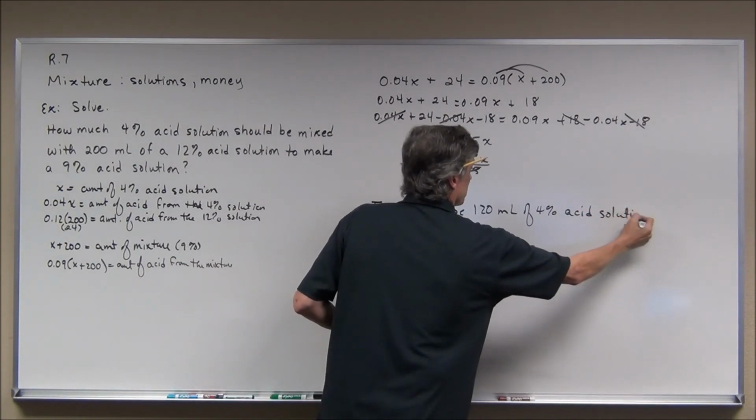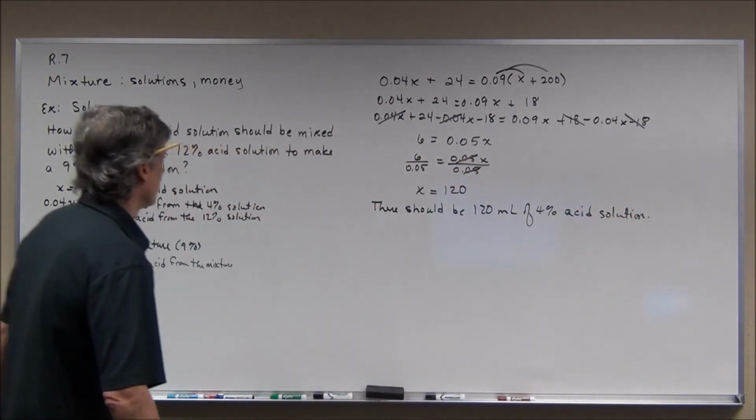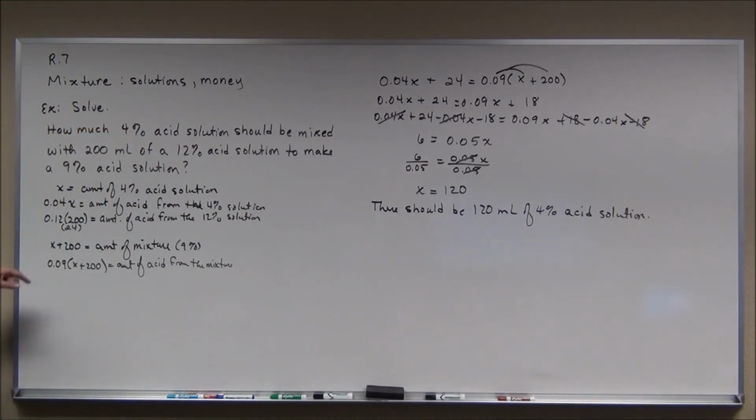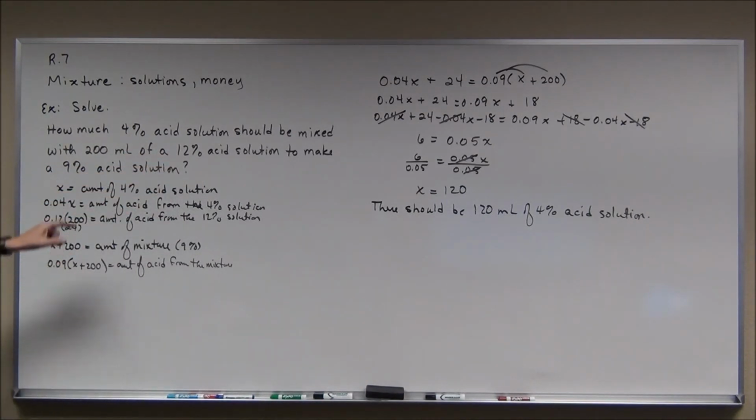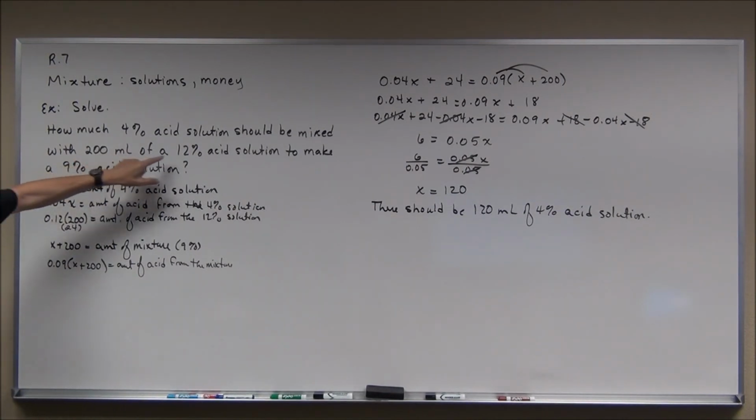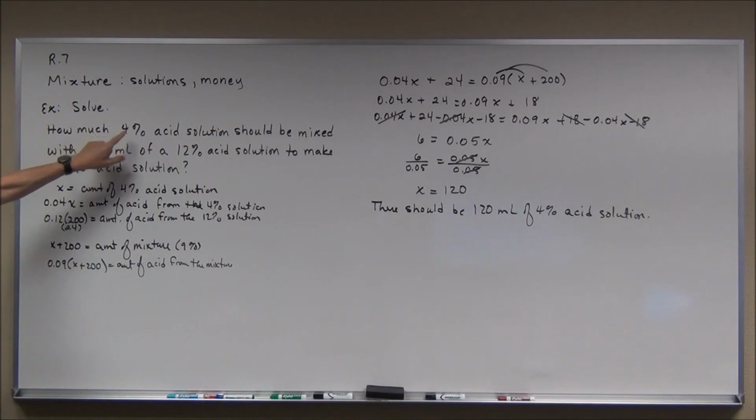Let's see if this makes sense before I stop on this problem. A little bit ago I said that exactly halfway in between would be 8%, and 8% would mean that you would have equal amounts. This is 9%. So if you have 200 milliliters of the stronger stuff, and this is a little stronger than halfway, it would make sense that this would be a lesser amount than 200. And it is 120, and that's a lesser amount. So that kind of makes sense. And just double check your work, and of course